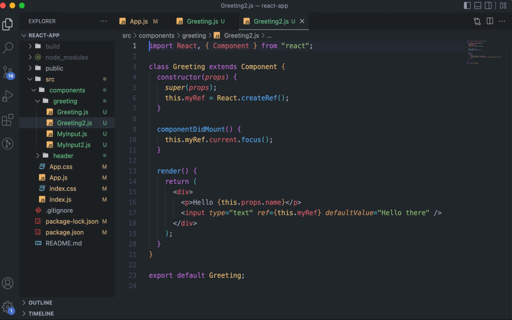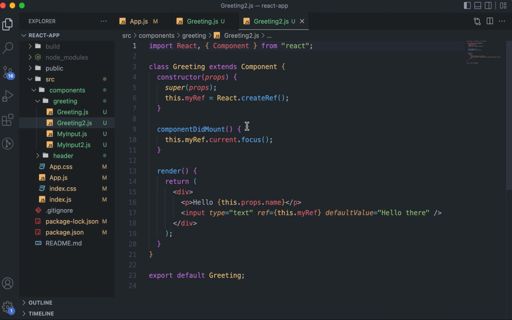Now we are going to see a concept called callback refs. In one of the earlier videos, we learned about refs, how refs can be used, and how refs are set. Apart from that, we learned about forwarding refs to inside some child components. In this video, there is this concept of